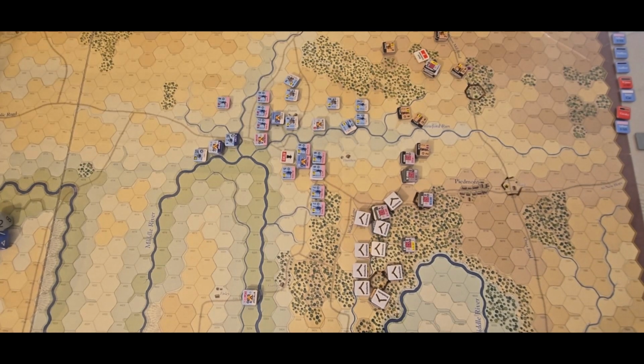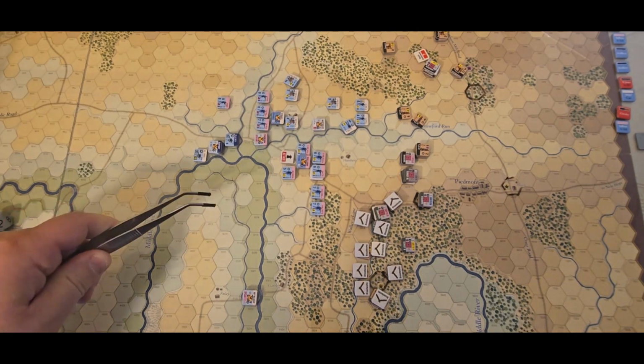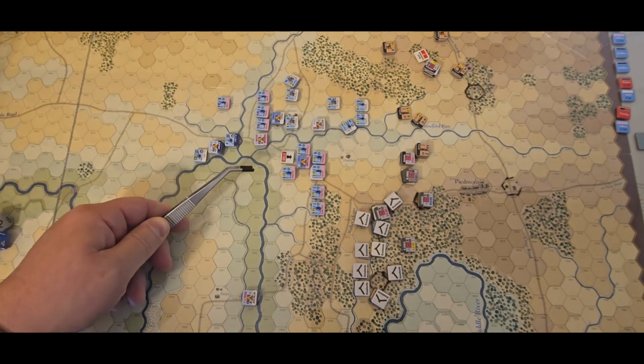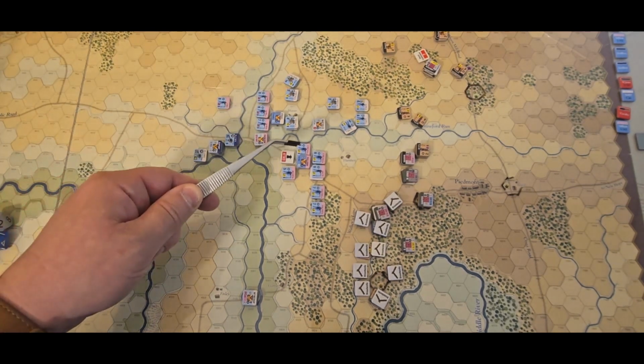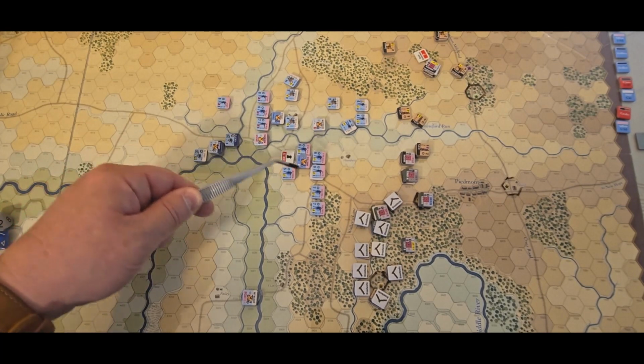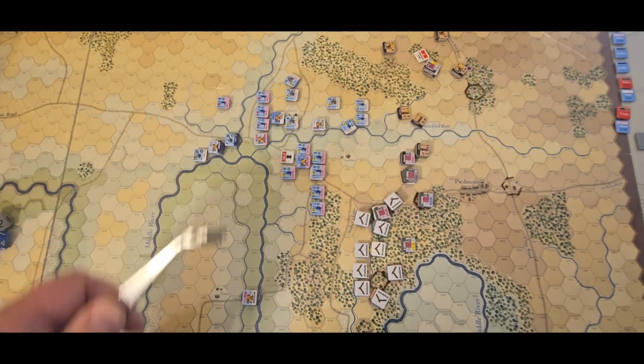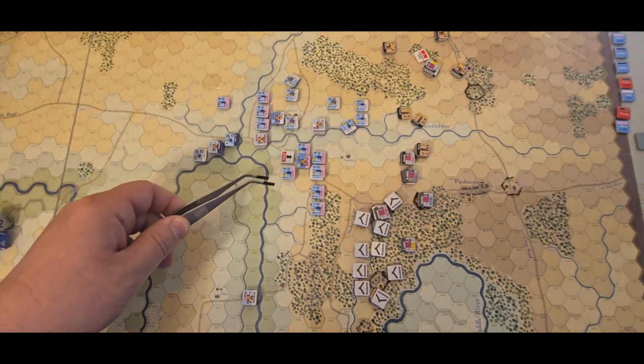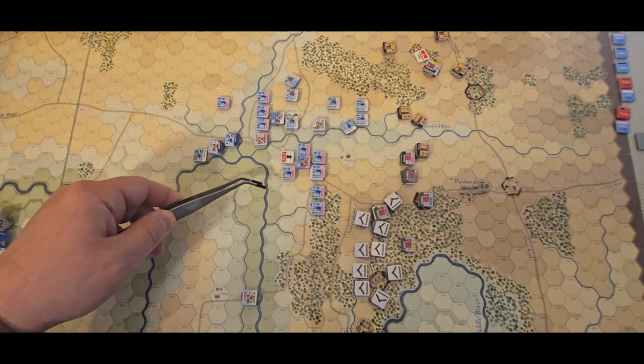Hello, welcome back to the end of turn 1 of the Battle of Piedmont, playing with Death Valley GMT. So where we're at is the Union has initiated an attack, as I explained in the intro video. Hunter has activated Sullivan, the infantry division commander, activating Moore, and Moore's brigade has,